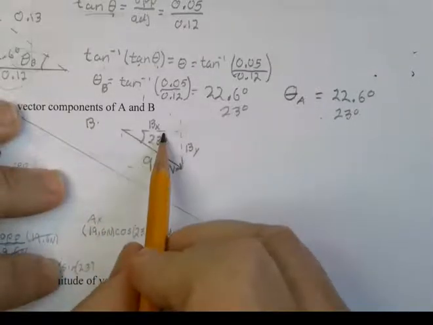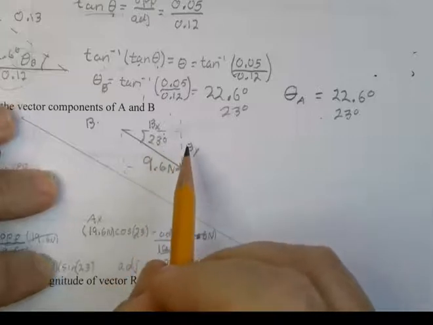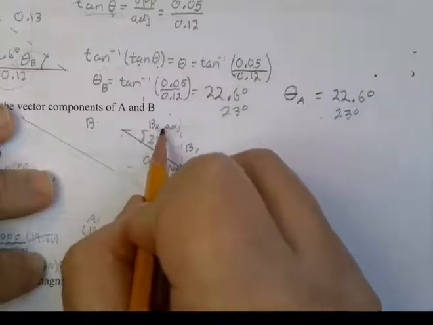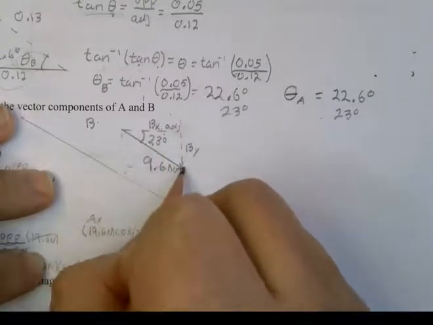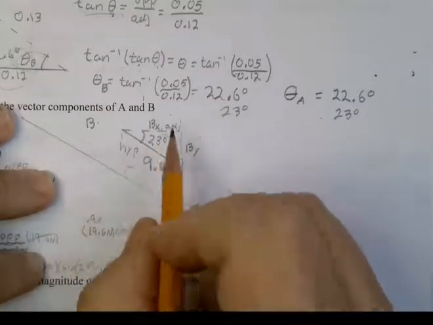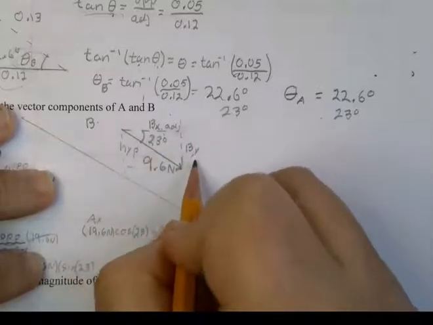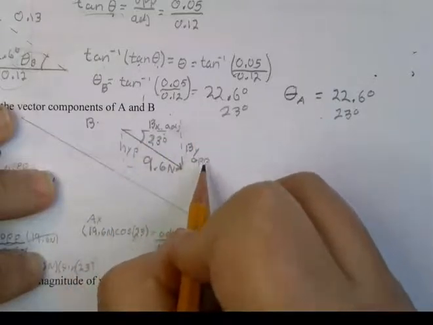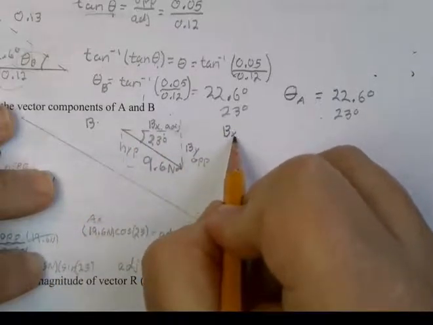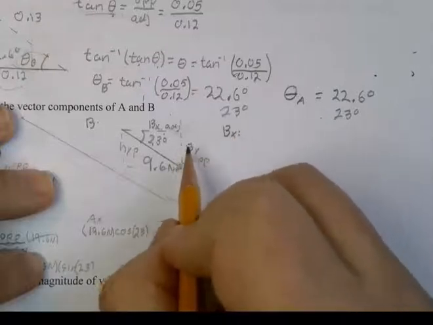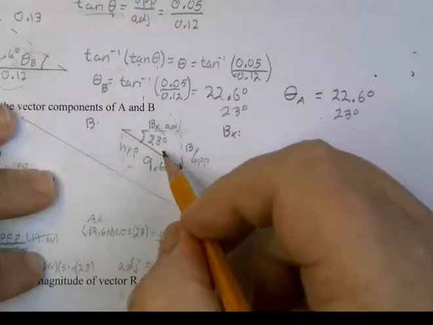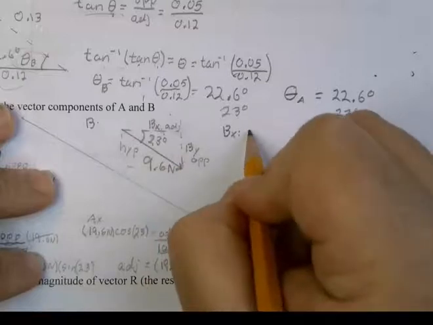All right, so what is Bx? Bx is, so this is the adjacent. Identify your sides. Adjacent is next to the angle, but it's not the hypotenuse. The one next to the angle that's the longest is the hypotenuse. The other one that's next to the angle is called the adjacent, and this one is called the opposite. So for me to get Bx, what I need to do is say Bx, that's the adjacent, over the hypotenuse. What function is that? Adjacent over hypotenuse is cosine. So the cosine,